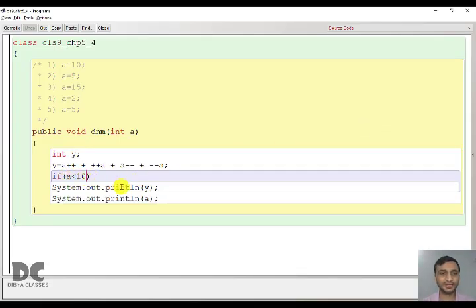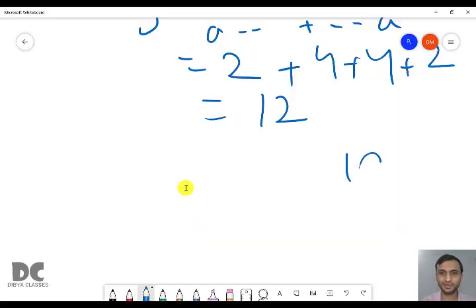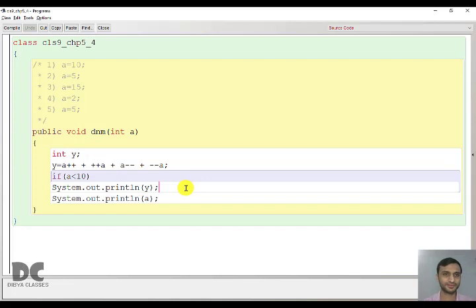So 2 less than 10, yes. So it will print 12 and the value of a, that is 2. Bit number 2 and bit number 5 are same. I gave it deliberately because since you have already solved it, why do you want to solve it again? It is the same thing only, okay? You'll get the same answer.